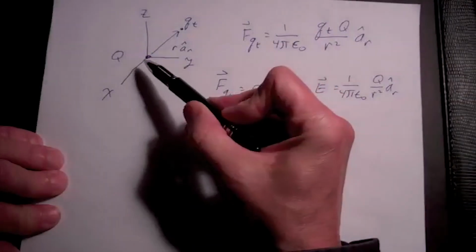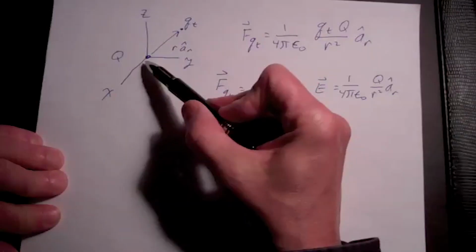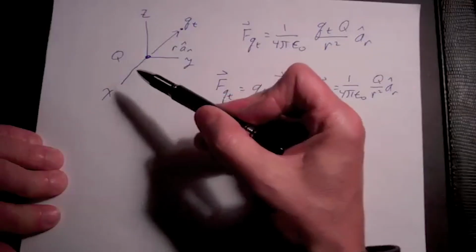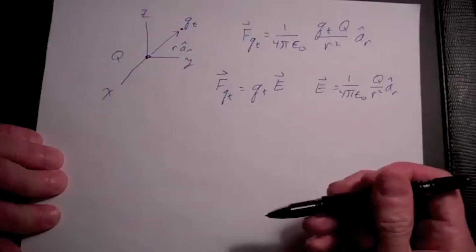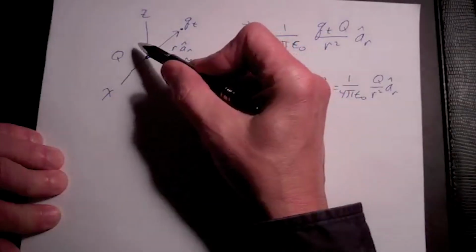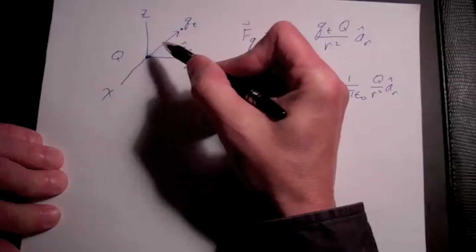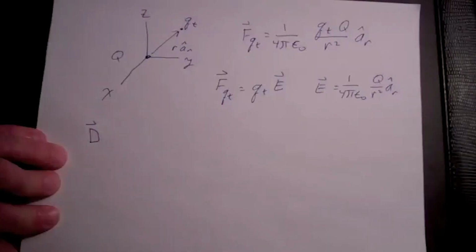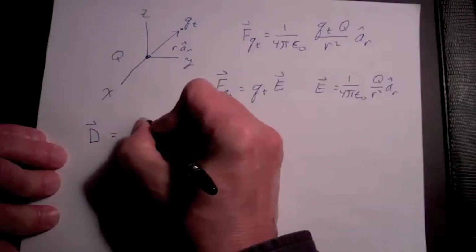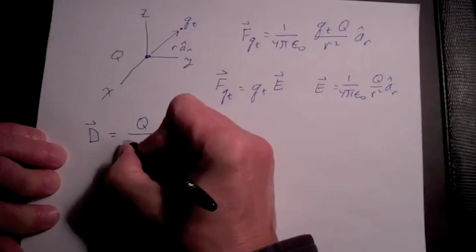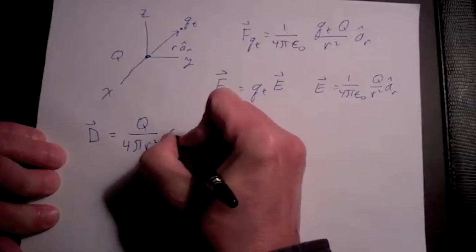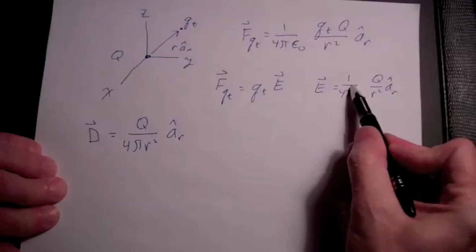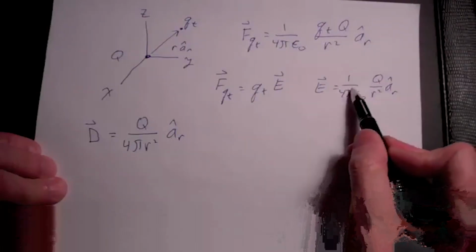And from his experiments we saw that he defined an electric flux flowing from a charge. So if you have a charge Q at the origin, you have an electric flux of Q flowing from it. And because of the spherical symmetry, that flux will be uniform on the surface of a sphere of radius r. So as the radius increases, the density of that flux, which is defined as the electric flux density field, will just be Q over the area of that sphere, which is 4 pi r squared in the A sub r direction.